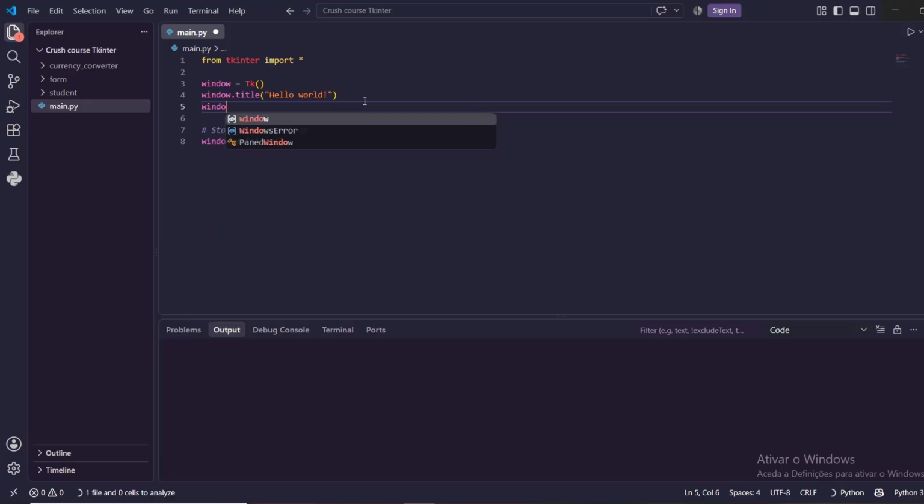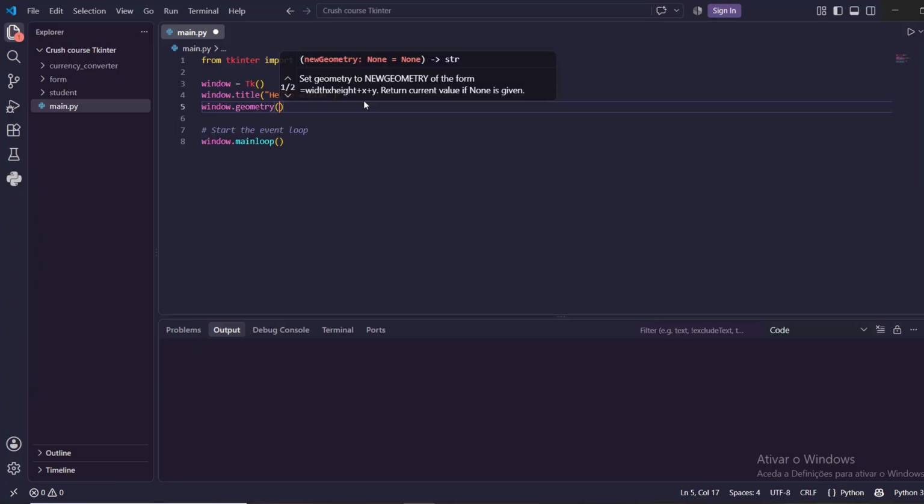But we can also define the size of it, for example, the width and the height of the window. In order to do that, I can do something like this: window dot geometry. Then I will open and close parentheses. Here inside I need to pass it always as a string. The first value that we're going to give is for width, for example, 500. Then I will give x. The second value that I'm going to give will be for the height, for example, 500. Save this, and if I run,